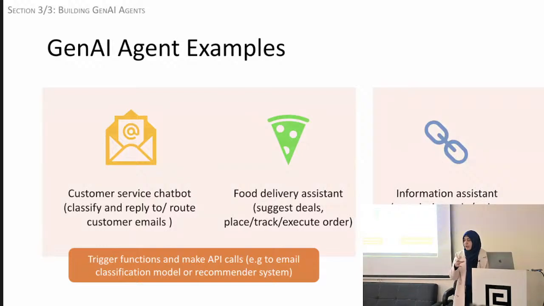So where does that fit in then? How does an LLM do that? That's what we call a GenAI agent, right? So it's an agent that's actually empowered to take action. LLMs are good at reasoning. They're good at understanding. They're good at language generation. But how do you bring in action, right?